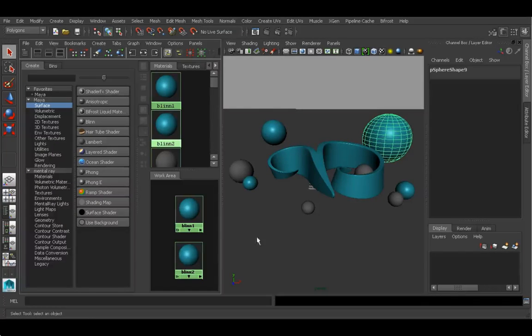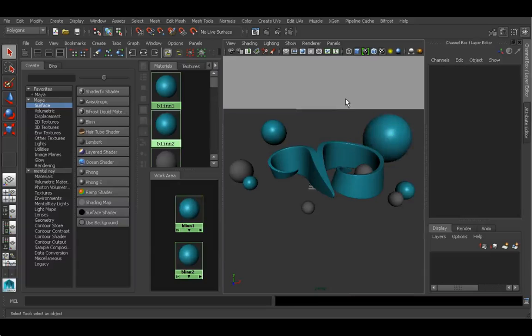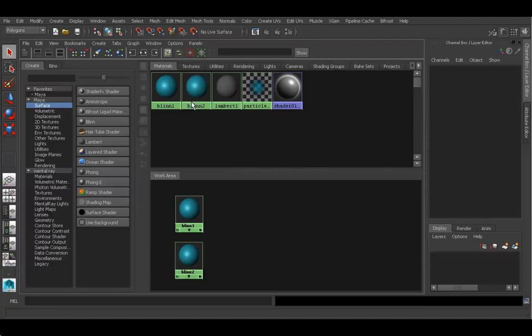Select objects with material, and there you go. You see here we now have just this single sphere selected. Now I'm going to come over here and just assign an existing material, blend number 1, to that particular piece of geometry here. And I want to go ahead and just really quickly talk a little bit about what you